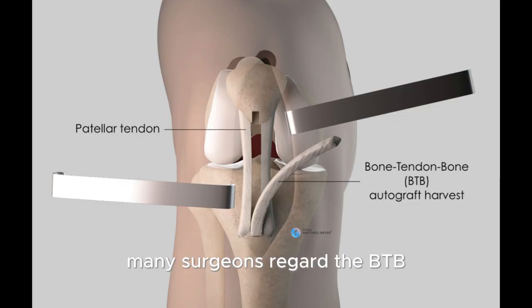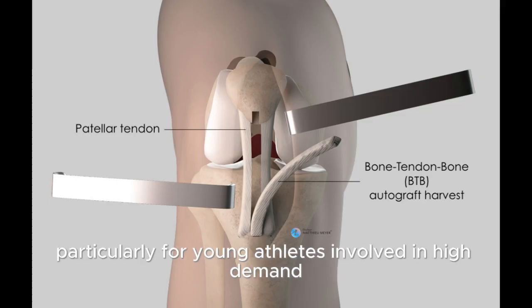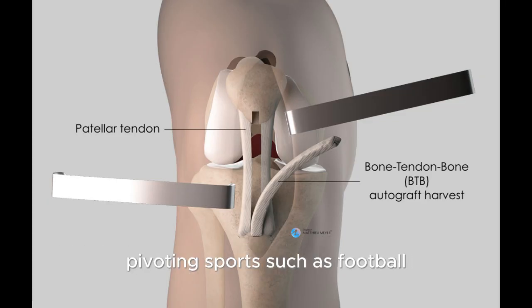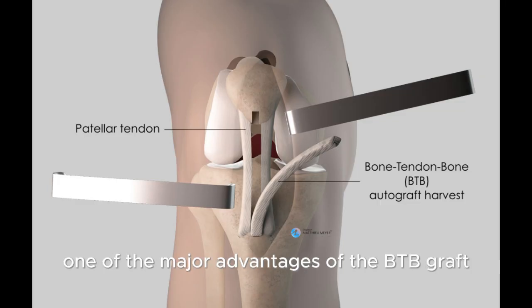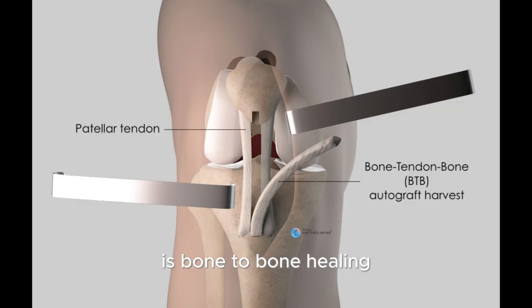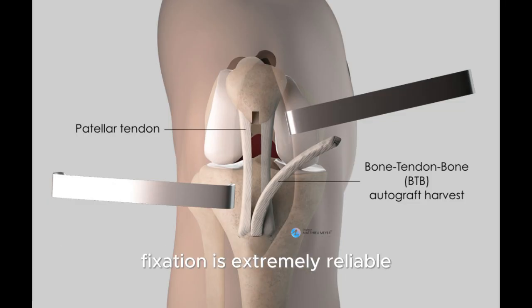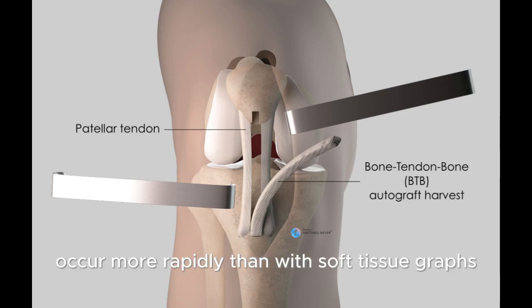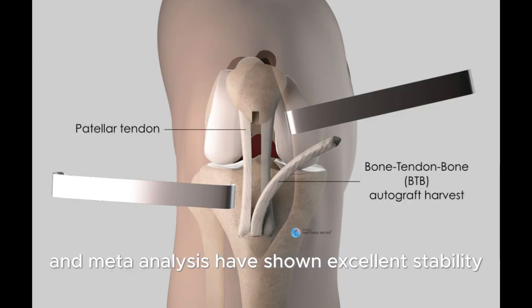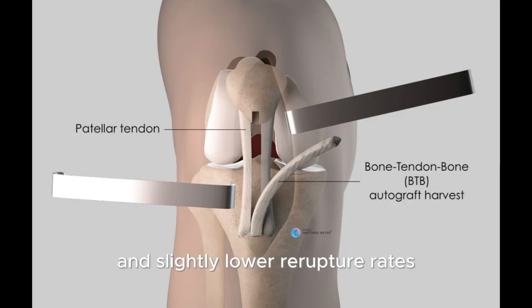the tibia. Many surgeons regard the BTB graft as the historical gold standard, particularly for young athletes involved in high-demand pivoting sports such as football, rugby, basketball, and skiing. One of the major advantages of the BTB graft is bone-to-bone healing. Because bone heals directly to bone within the tunnels, fixation is extremely reliable and healing may occur more rapidly than with soft tissue grafts. Several studies and meta-analyses have shown excellent stability and slightly lower re-rupture rates compared with some